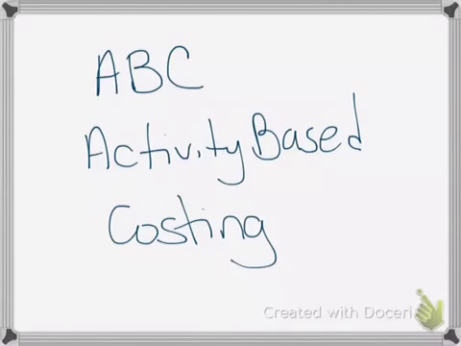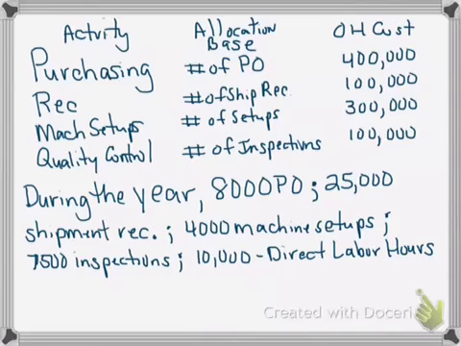This video will look at the differences between ABC, which is activity-based costing, and those traditional costing methods that we had used with predetermined overhead rates. We are going to be looking at one of the problems on the worksheet, and the problem states the following: